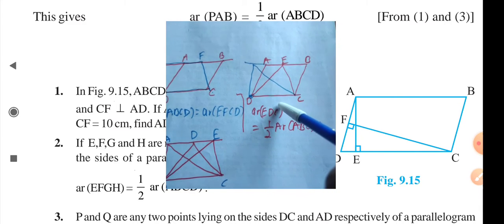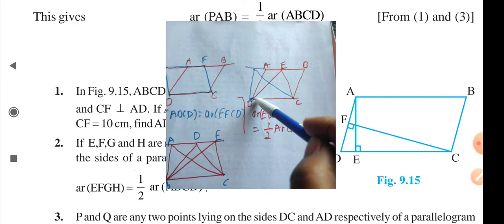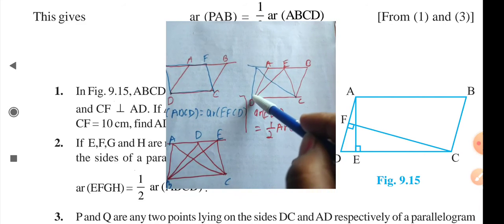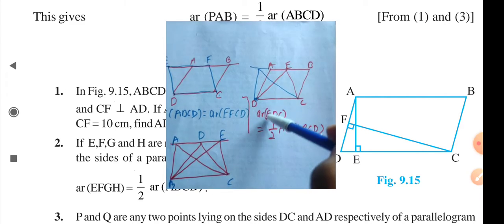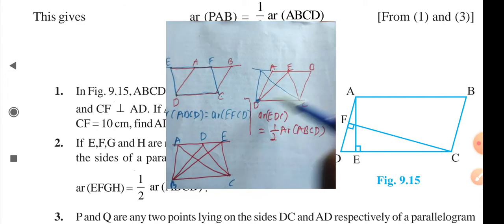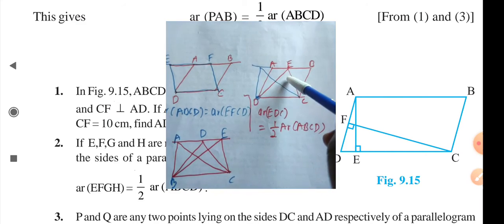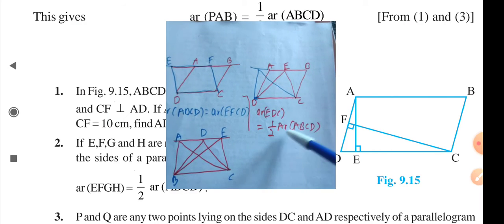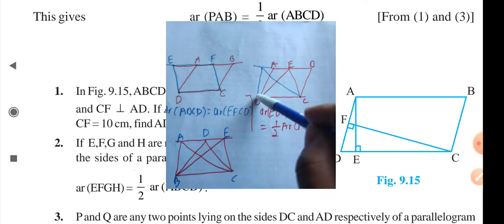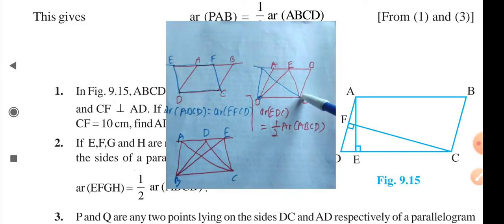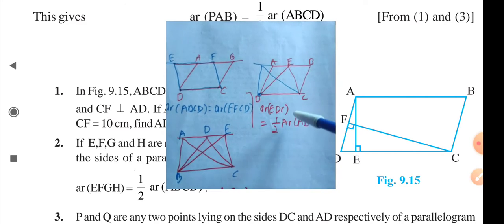And this is the second theorem. If a parallelogram and a triangle lie on the same base and between the same parallel lines, as you can see, though I have made two triangles, I am taking only this one, the blue triangle, or we can take EDC, I have taken the red one. The area of EDC is equal to half of the area of the parallelogram. That means if the parallelogram and the triangle have the same base and lie between the same parallel lines, then the area of the triangle will be half of the area of the parallelogram. This is the second theorem.